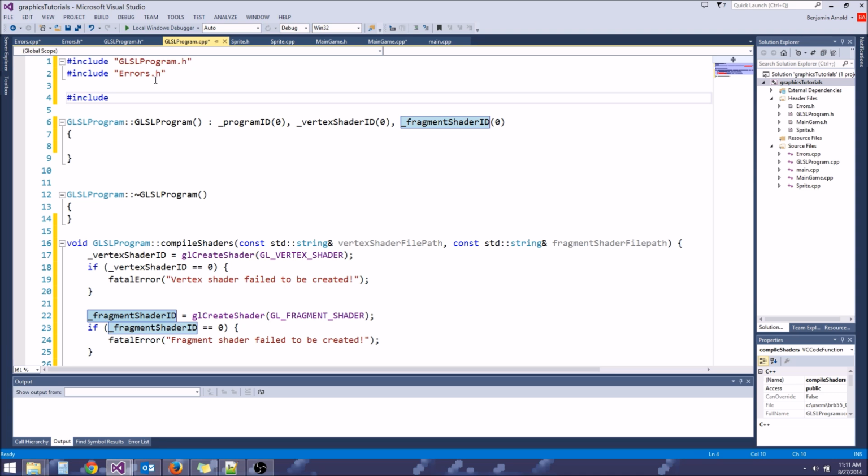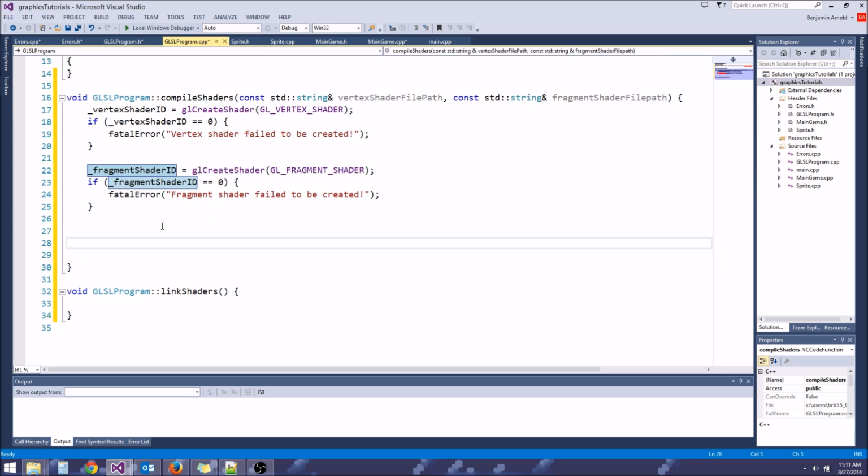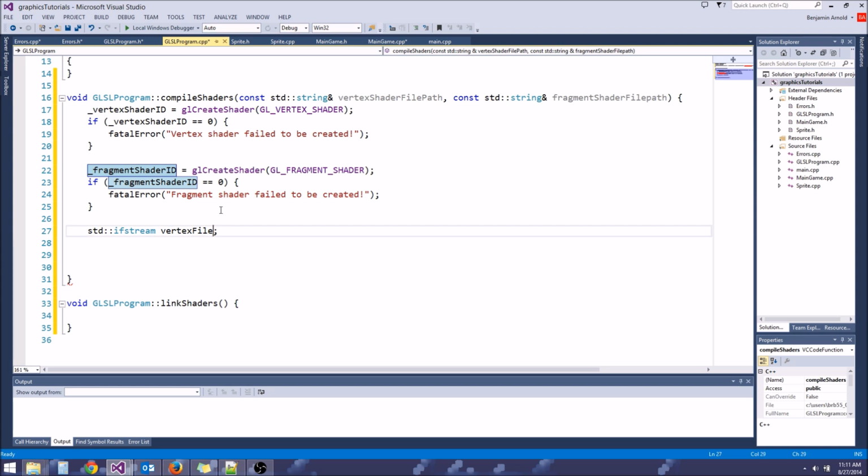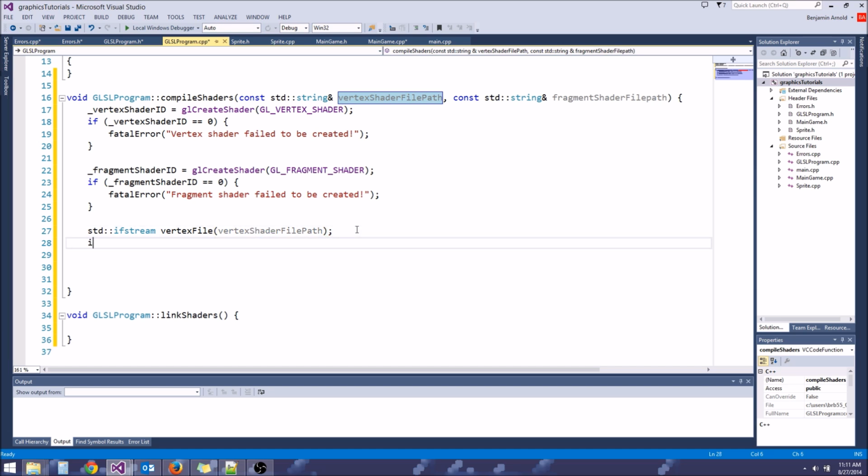So let's go ahead and include fstream here. And then we're going to create ourselves an ifstream down here. We're going to say std::ifstream vertexFile. In the constructor, you can put the file path, or you can do it on a separate line, vertexFile.open. I'm going to use the constructor, and I'm going to put in here our parameter, vertex shader file path, just like that. So that will open it, and then we should always check if